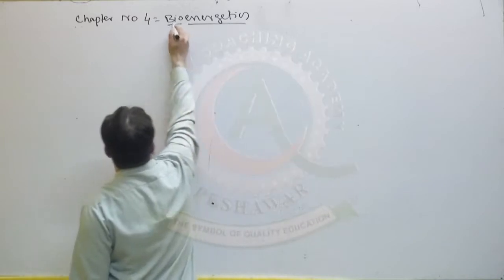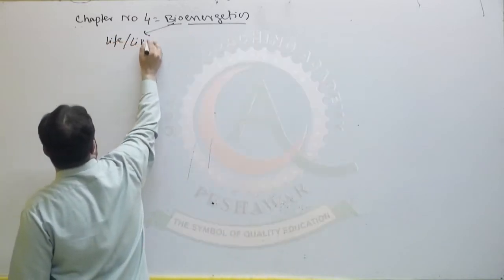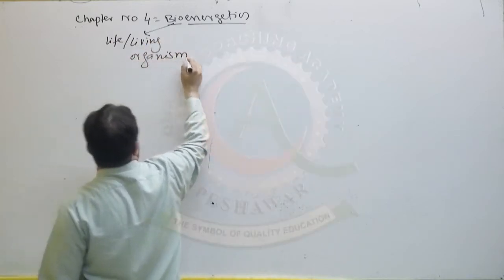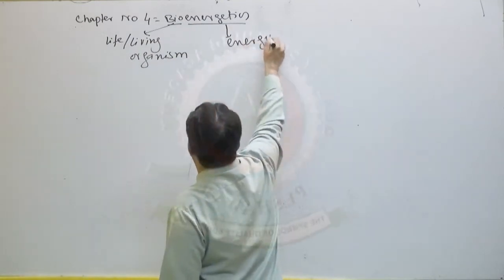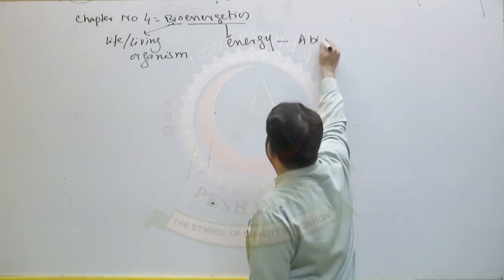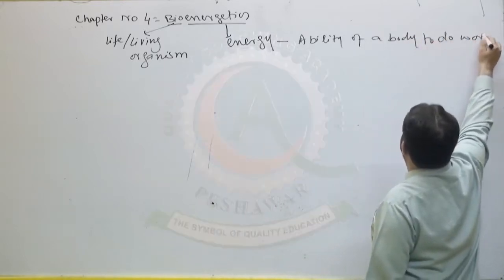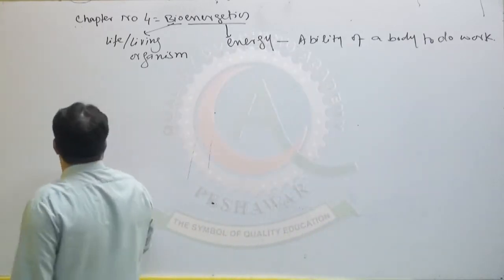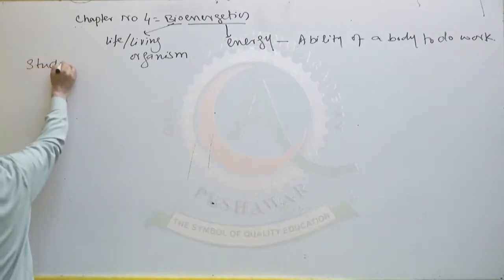Just look here. Bio means life, or we call them living organisms, and energetics is a term derived from energy. Energy means the ability of a body to do work. That's called energy. So in simple definition, bioenergetics is the study